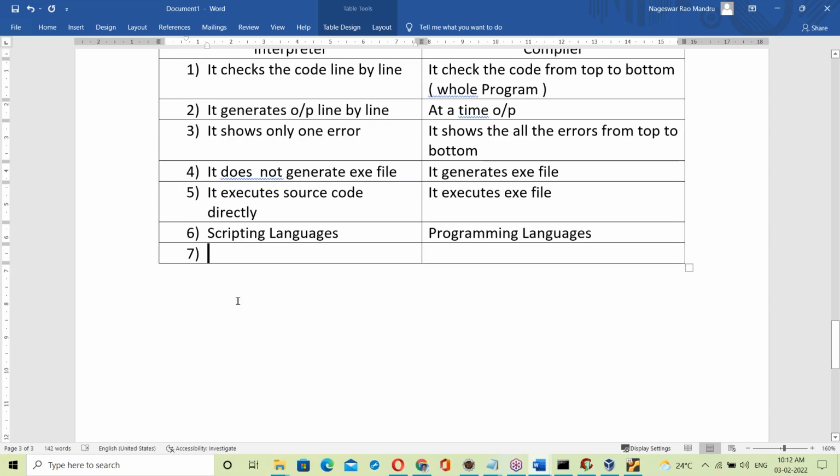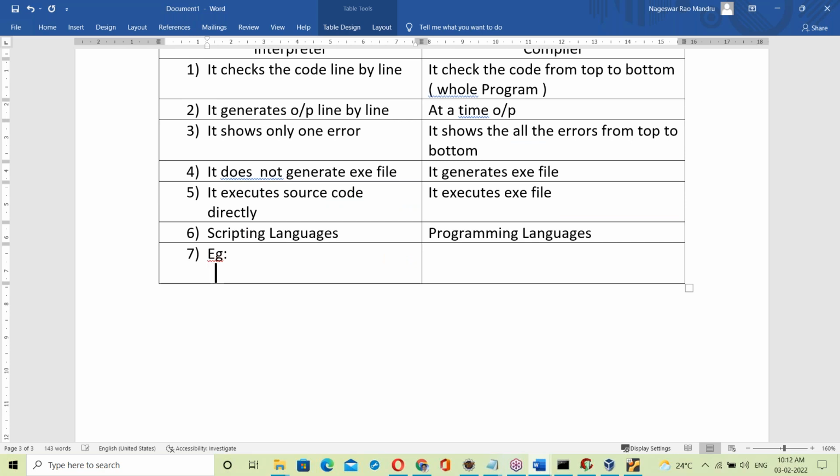Next, scripting language examples. The best example is Python, a scripting language.